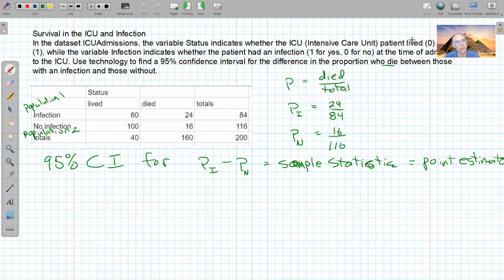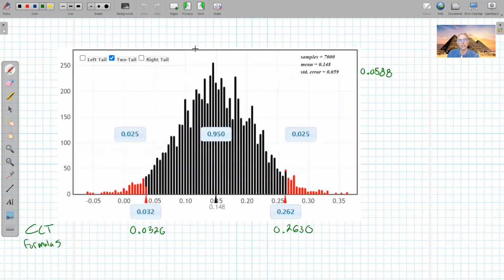So we have a confidence interval for the ICU patients that had an infection, the proportion that died, different from those patients that didn't have an infection and died. We did the StatKey simulation that said, on average, the difference is about 14, 15% here. And the simulated confidence interval said that the range of differences is going to be somewhere between 3.2%, meaning about 3.2% more people with an infection died than didn't have an infection, but it could be as high as a difference of